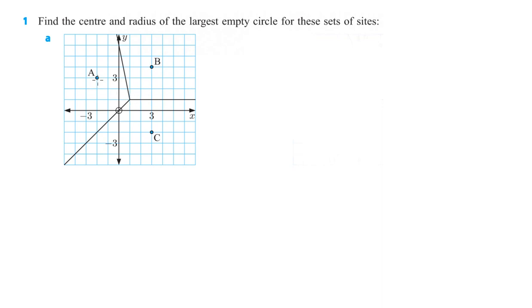So I'm just going to find the distance between this vertex here and say site A, so that if I make a nice little right triangle, or you can use the distance formula, but I like the right triangle thing. I feel like a squared plus b squared equals c squared is a little bit easier to remember. So there's our right angle, so we know that it's going to be 2 squared plus 3 squared equals, we'll say d for distance squared, right? So 4 plus 9 is our distance squared. 13 is distance squared, so we square root both of those and get distance equals the square root of 13,